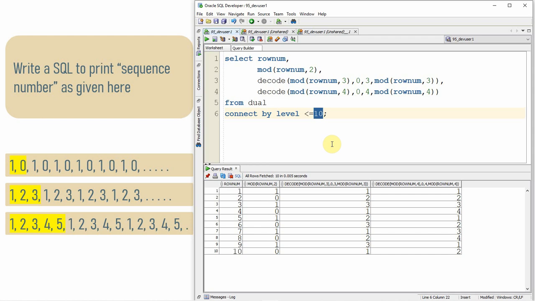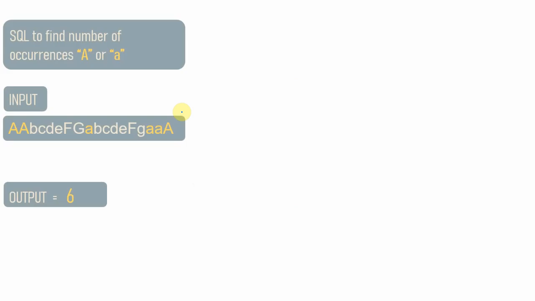Fine. So this is just an example for a simple sequence, but sometimes, very rarely, the interviewer might ask to print something like a Fibonacci series or a list of prime numbers, right? That is not easy to implement, not very similar to this. In that case, we need to use a recursive query, something like using a with clause. So probably I will cover that in a separate video. So this is the first query. Let's go ahead with the second question.